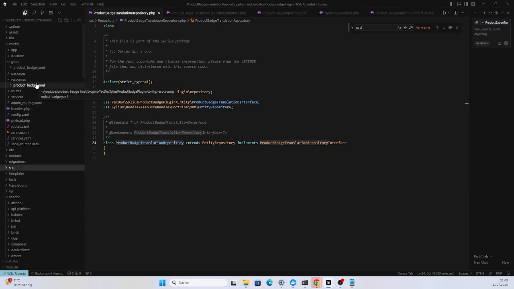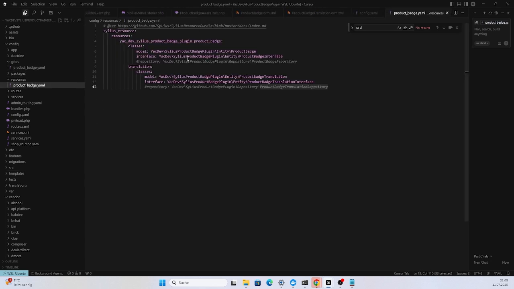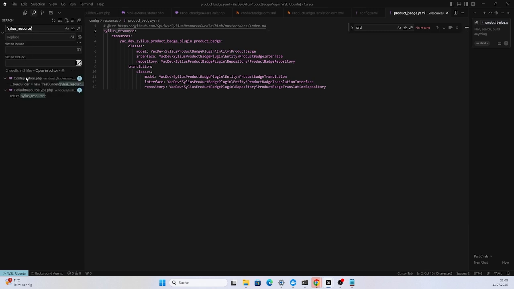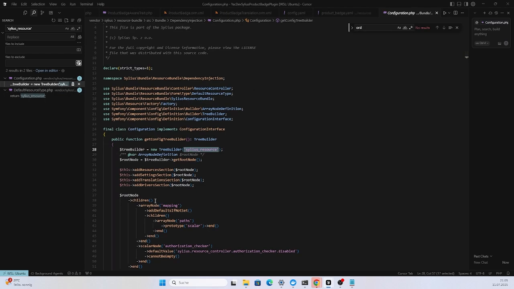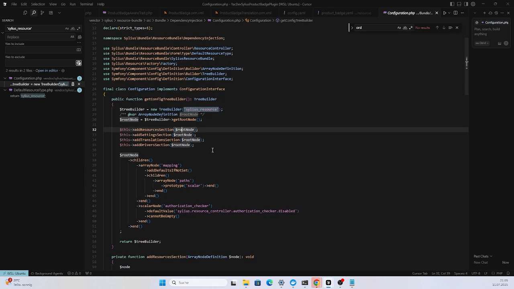So let's go to our product batch resource. So this is important, guys. So I will be doing this and this. So guys, let's do something like this. I'd like to check what other options. So as you can see, I'm in the vendor files, in the Sylius vendor bundle files. So for the Sylius resource